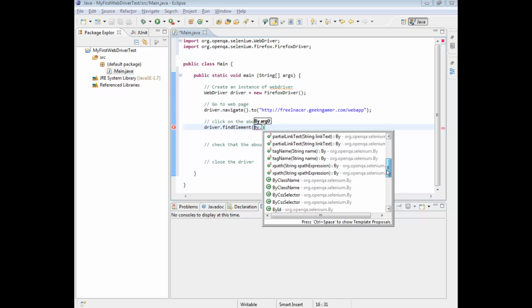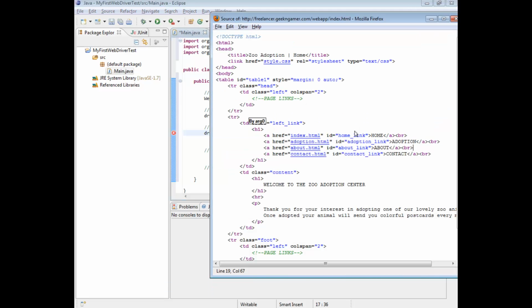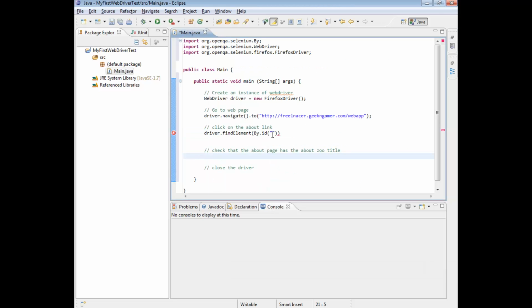So if we look down, we have by class name, CSS locators, ID, which sounds familiar because we remember seeing an ID attribute, link text, name, partial link, tag name. We'll go into these in more detail after some time. ID sounds good to me because we saw an ID. So let's just go ID, and it's expecting a string. It's saying give me a string. So if we go back to our source, the ID of this value was about underscore link. So if we just use that,